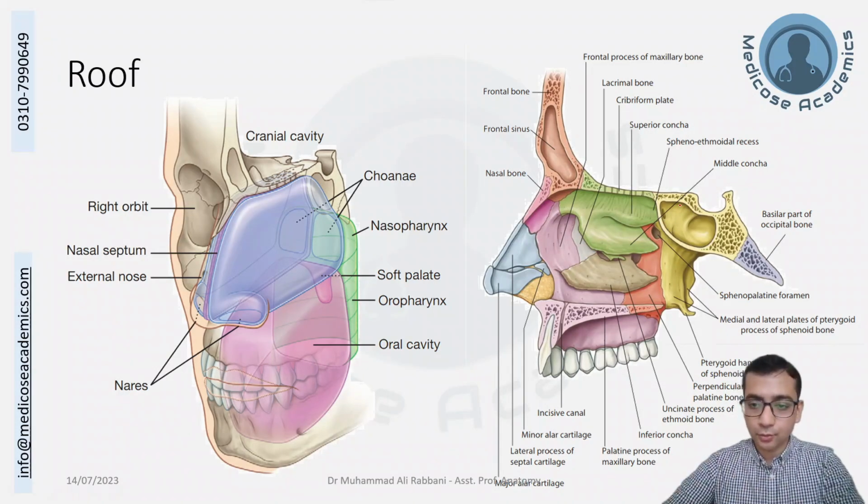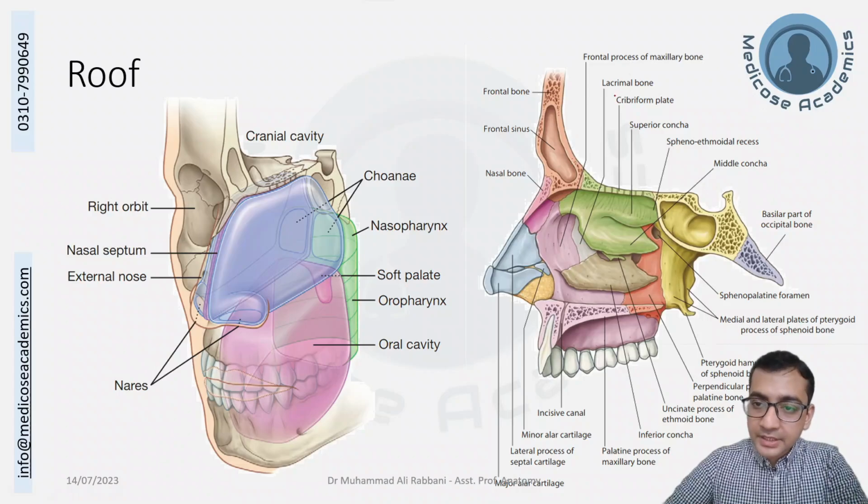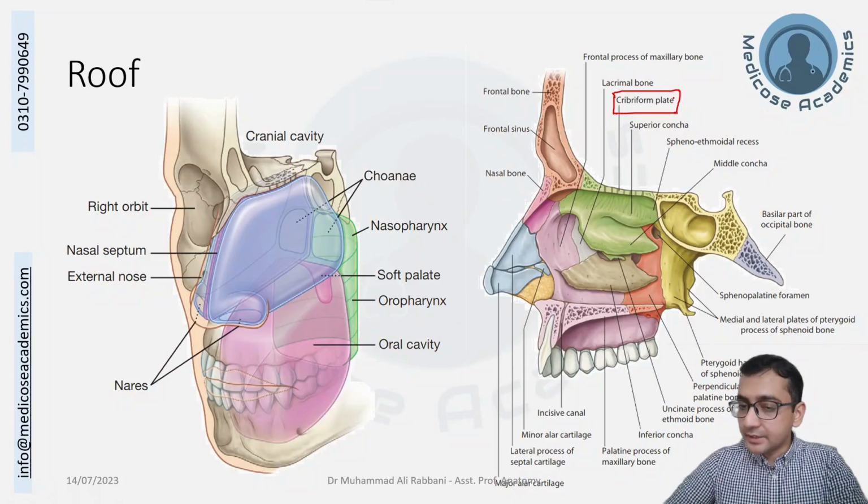So this is about the roof of the nose, and the cribriform plate is most important because it is related directly to the anterior cranial fossa, its meninges, and through it